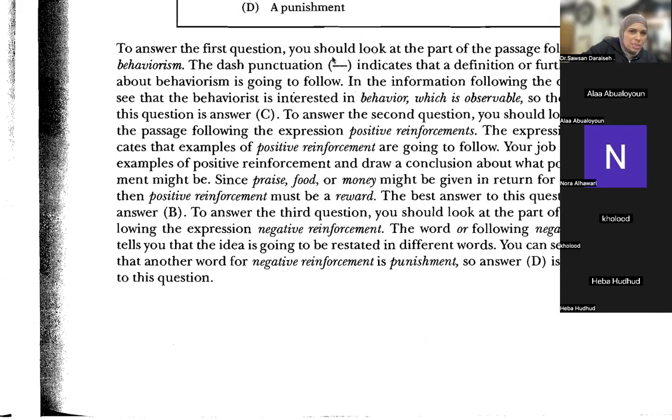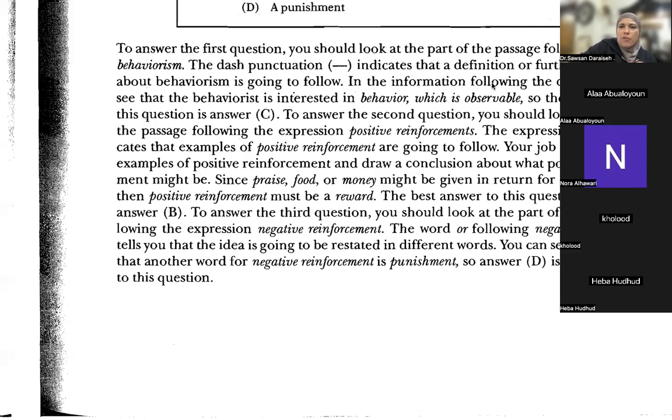The dash, punctuation. This dash in English, guys, what does it indicate? It tells you, what does this dash always tell us? That a definition or further information about behaviorism is going to follow. Always, guys, after this dash it is either actually a definition, meaning a definition of the word, or at least they explain it in some way, not exactly a definition, but a clarification of it. All right, so it's the same really. Okay,